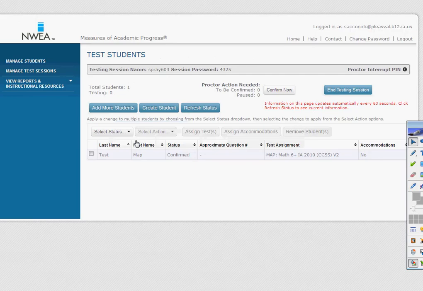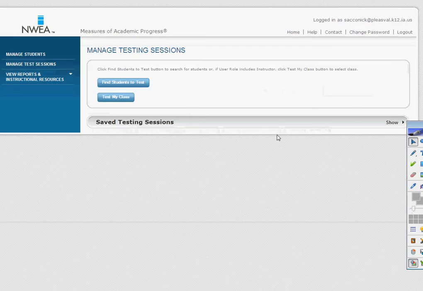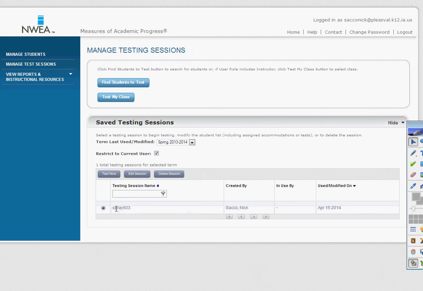If I save the testing, then when I come back to my Manage Testing Session screen, I will notice that that session has been saved for the next class. On day 2 of MAP testing, when I log in and I come to my Manage Testing Sessions, now all I have to do is find the class that I wish to test under my Saved Testing Sessions. Click on Test Now,